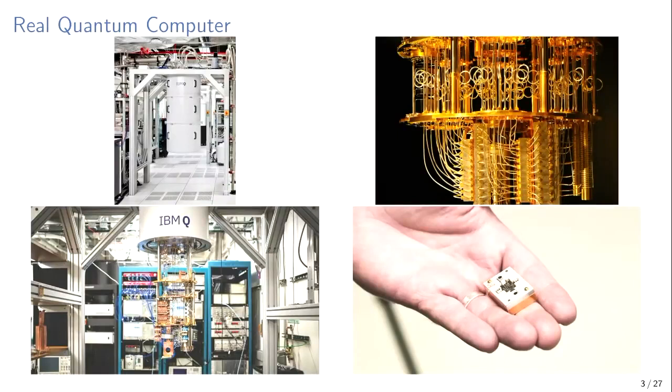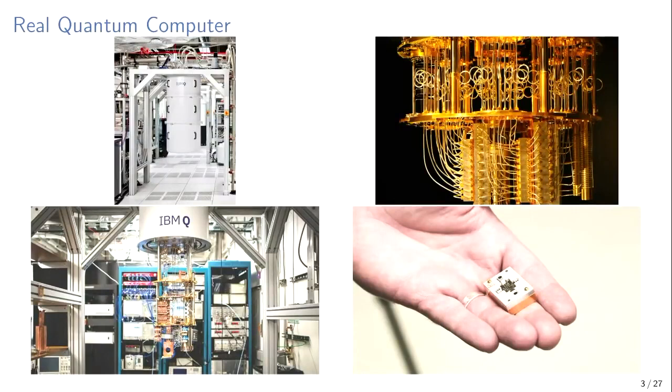You can see a little bit in that picture in the upper right-hand corner where you can see the cables for the transmission lines to send the microwave pulses down to the chip to control it. But most of it is cooling. And that's because these devices are very sensitive to noise. Any source of heat or RF or anything is entropy in the system, which will contribute to noise in the quantum computer. The actual quantum chip is very small,